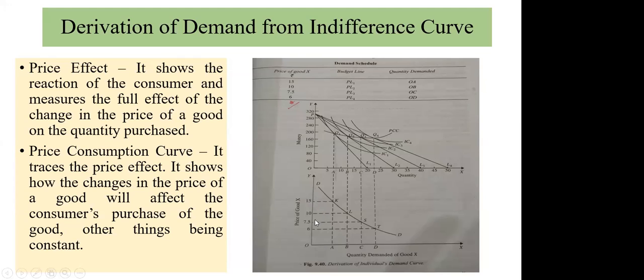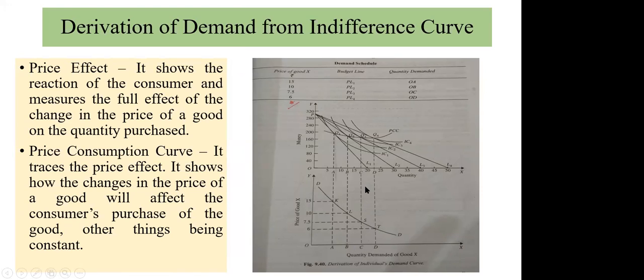Again, the price falls to 7.5. He is purchasing more than OB, which is OC. And lastly, the final reduction in the price to 6 leads him to buy OD amount of quantity, which is the highest. So if we join this K, L, S, T, all these 4 points, we will get the demand